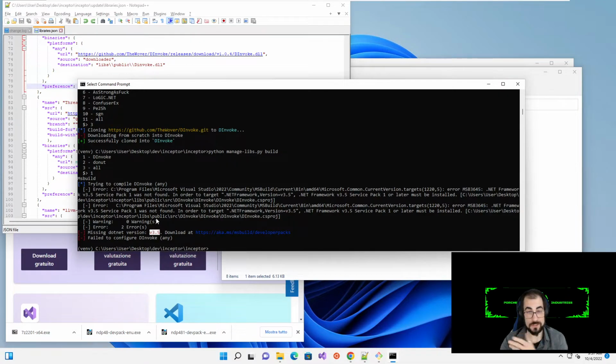So as you can see, it's very easy. The tool actually identifies the problem, right? And it also gives you the URL to actually download version 3.5. You can do two things in this case. You can either download the .NET Framework 3.5, or you can open this project with Visual Studio and retarget the